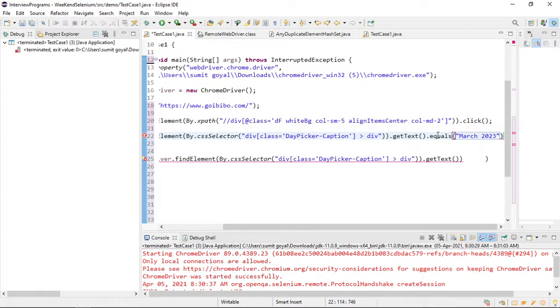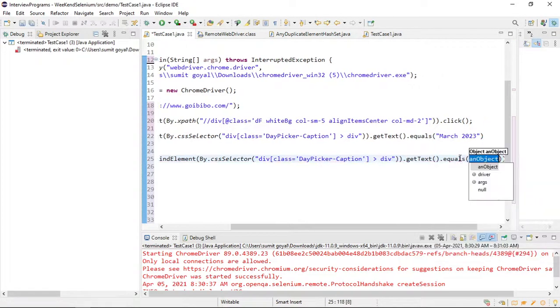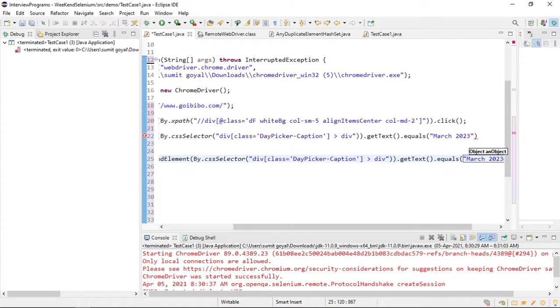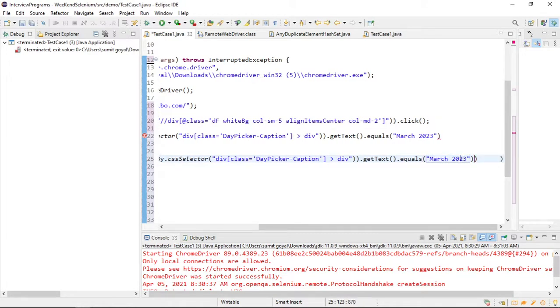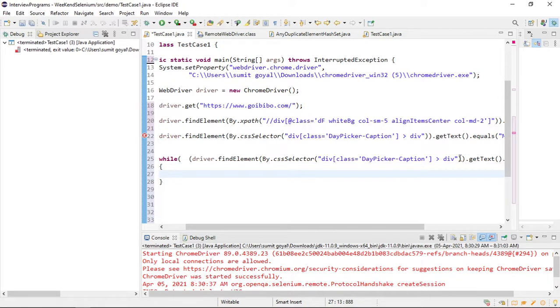If it is equal to this one, then we will perform some operation. Similarly, the same thing I am writing here, dot equals March 2023. If it is equal, then I will perform some operation here.